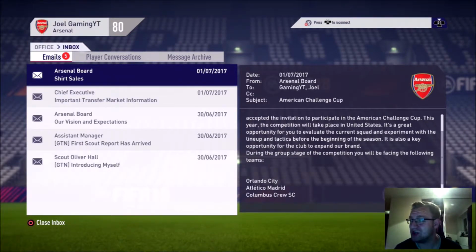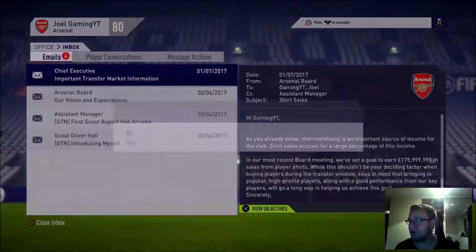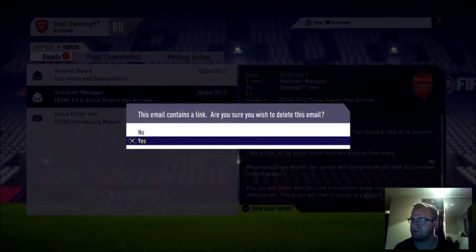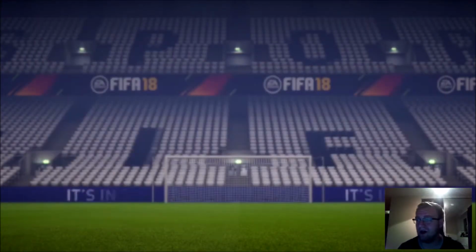So that is that. Shirt sales, obviously we want to earn just under £176 million. Literally by £1. What the hell? Obviously the transfer window is open, so we'll be looking to bring in players as well as sell players. The objectives, we'll have a look at those in just a second. Scout reports and all that. So let's go and take a look at our